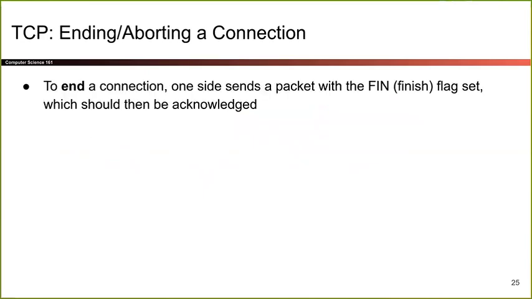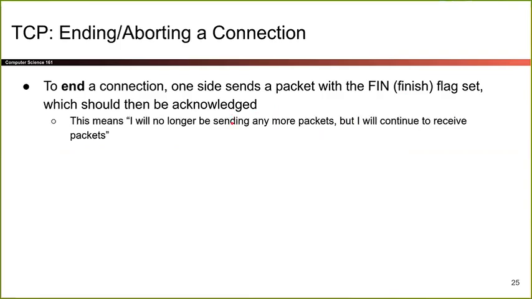Now we have to ask about how you end a TCP connection. What happens when you're done? There are two ways to end. One way is, let's play nice and end. This is a legitimate standard finish. The way this works is, when you're done, you send a packet with a finish flag, and we'll talk about flags in the next slide. We'll send a packet that's labeled finish, that says done. And that packet has to be acknowledged to say, I received your finish packet. This finish packet says, I am done sending, so you will never receive another packet from me in this connection. But if you like, you can keep sending me packets and I'll continue to receive them.